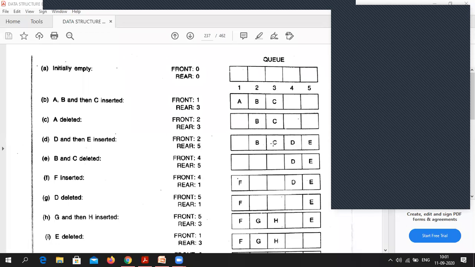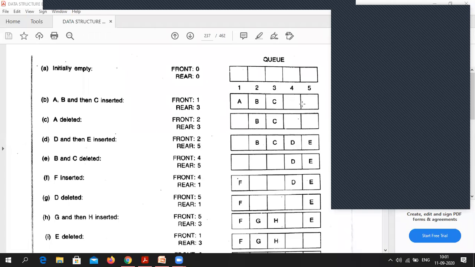Otherwise, suppose Anmol, if you have some empty spaces, what is the method to insert into the queue? When we insert, whose value do we have to change? Front or rear? Rear. So if rear is 3, it will become 4. Okay, so this is the simple thing: whenever you have to insert, you have to increment the value of rear. But there are two special conditions. What are those two special conditions?